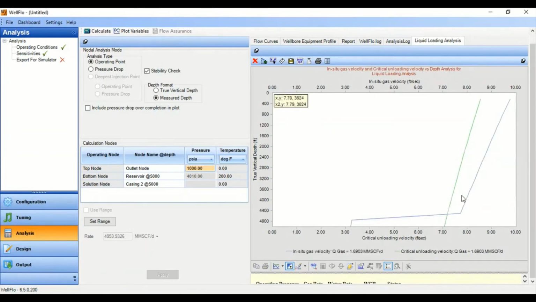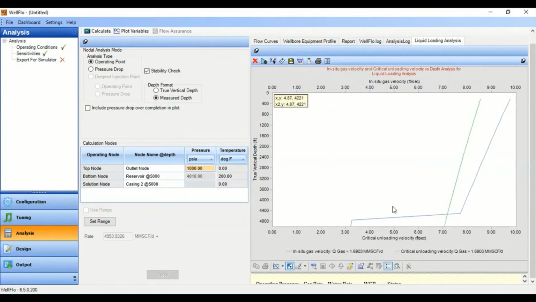So it means that our flow is safe from wellhead to the bottom of the tubing, or the other way around, we are safe from the bottom to the wellhead. But as you can see here below the tubing, now our in situ gas velocity is always lower than our required critical unloading velocity.